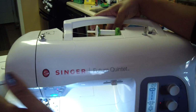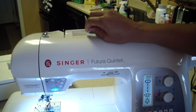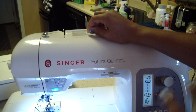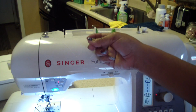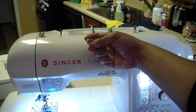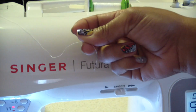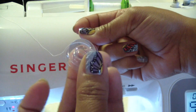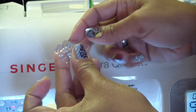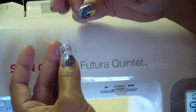I know it's very hard to see, but like I said, the book really shows that, and maybe when I do the how to actually sew with the machine, I'll show it closer up if I can. So now that I have it here, let me try to close up a little bit. I'm going to bring my bobbin, and the bobbin has a little tiny hole in it on either side. You can use this either way. So you're going to get your thread and put it through one of those tiny holes from the inside of